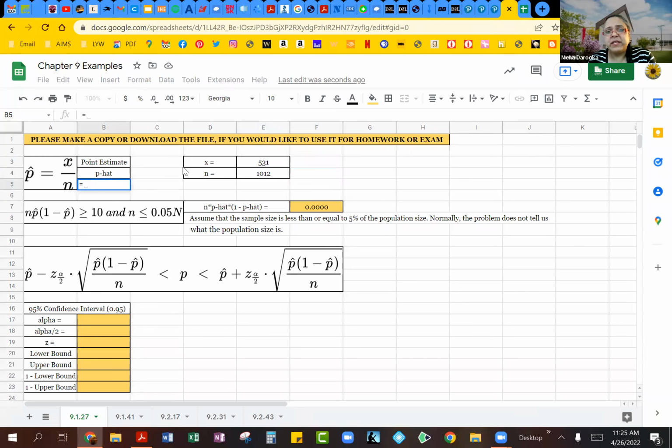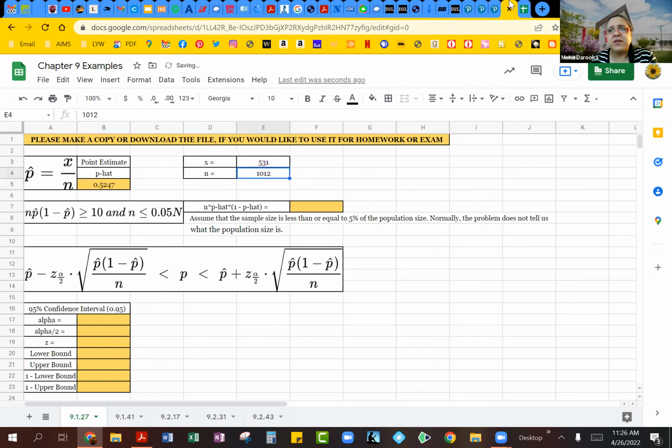But as I normally do, instead of typing in those numbers, I'm just going to click on the cells. So what's going to happen here when I click on the cell, obviously it will calculate the, and I'm going to delete that for a minute. It's going to calculate the point estimate for us, or the p hat value. So if I leave it the way it is, and when you start working on this example and your number changes, let's say you just had 500, you will see it will automatically change the calculation for you. So that's kind of what happens again when you use cells instead of typing the numbers themselves.